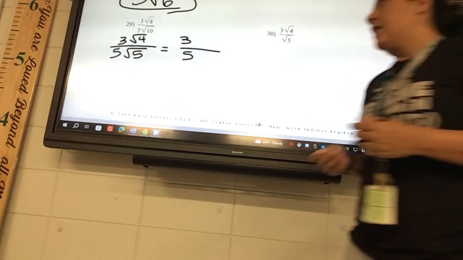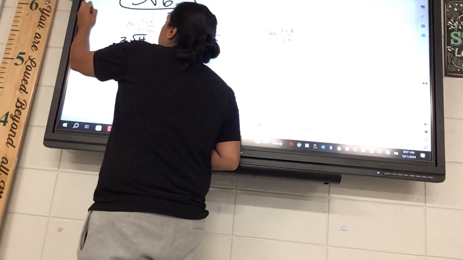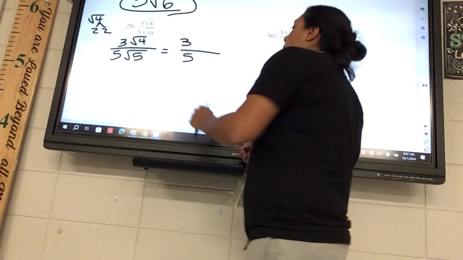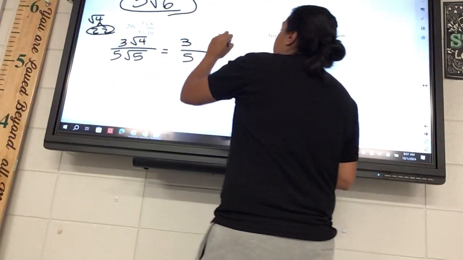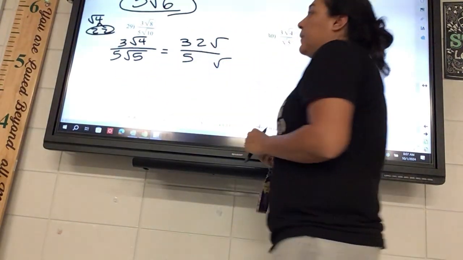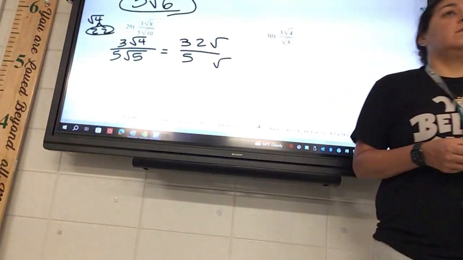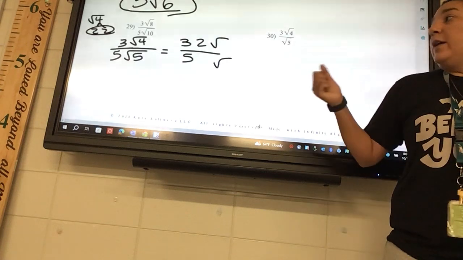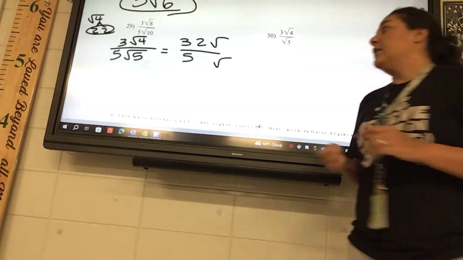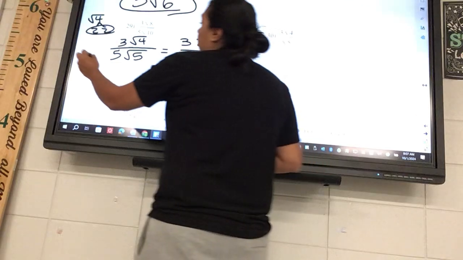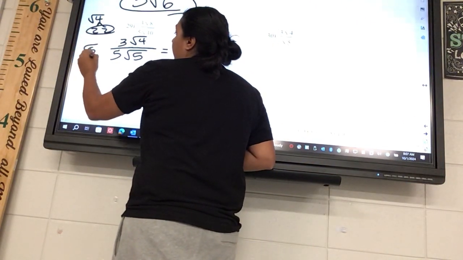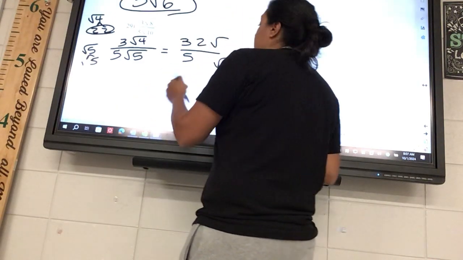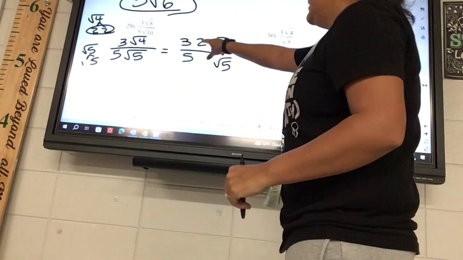A square root of 4, and we talked about this yesterday, is going to be 2 and 2. So who can go? One group of 2. Is he going to go on the inside or outside? He's going to go on the outside. Who's going to be on the inside? Nobody. And then a square root of 5 is still a square root of 5. 5, if you really want to, is 1 and 5. Who can go? No one, so they would go back on the inside and multiply, which is still going to be 5. Okay, so on the top here, we're going to get